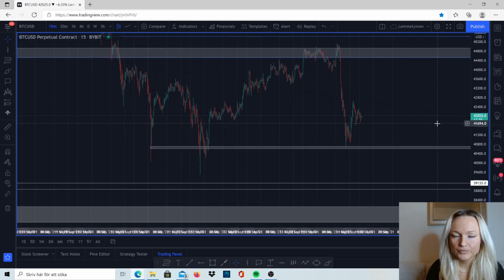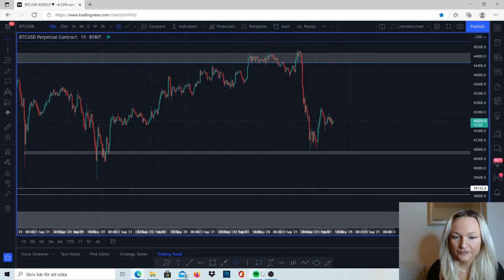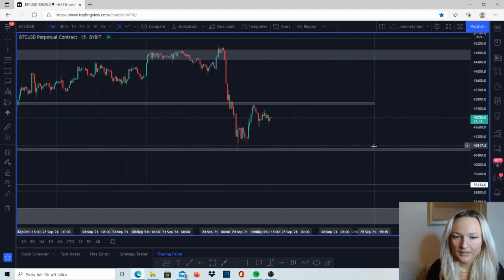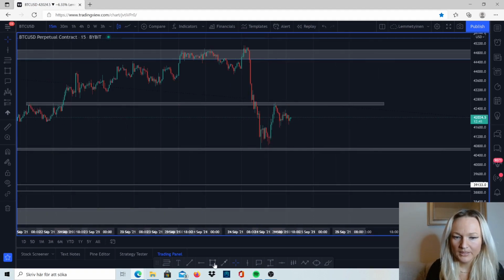I want to find new support and resistance zones on the lower time frames to see if the market actually is retesting it. So you can see that we did have the market coming up and retest this previous resistance. But right now, what I would want the market to do,